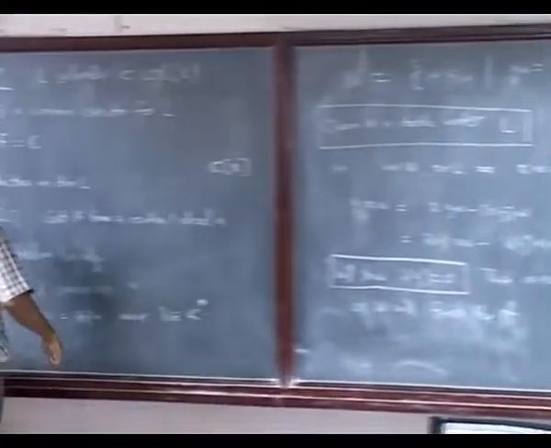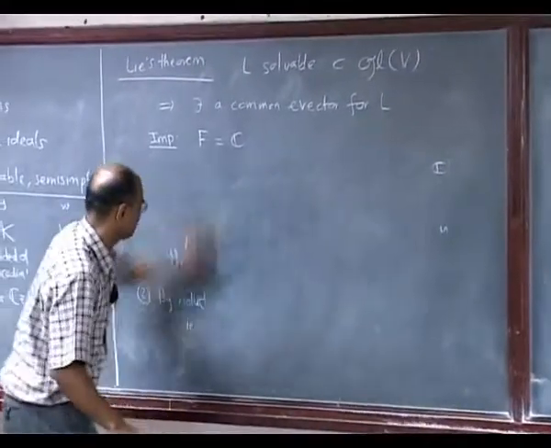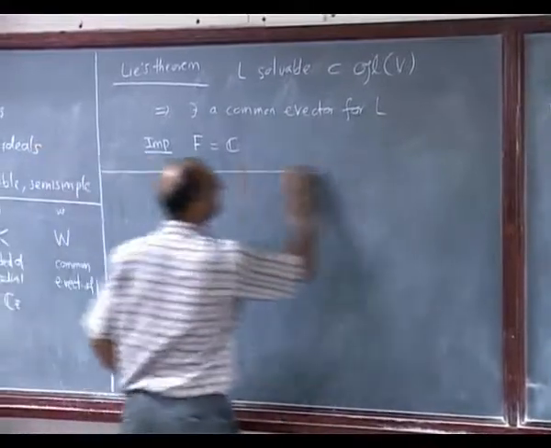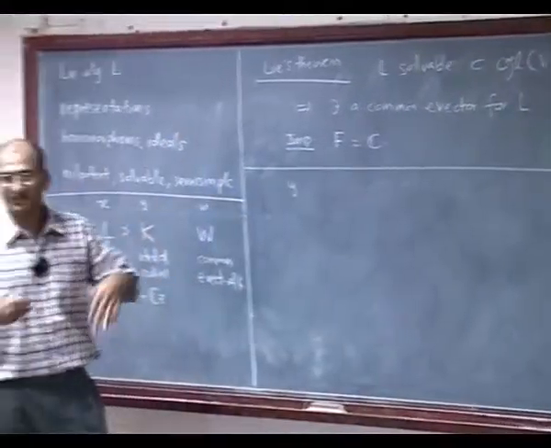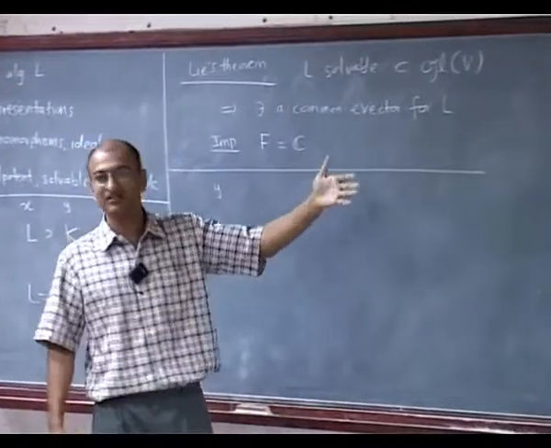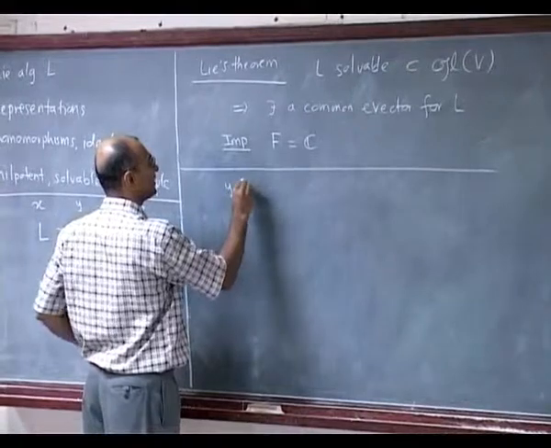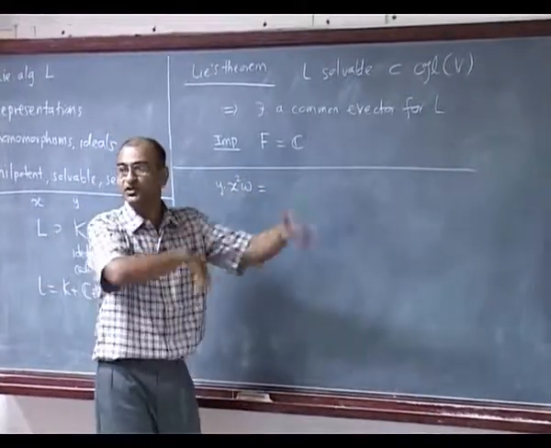This part we don't need anymore. So just try to do this calculation, see what happens. The next one will become a little messy, but then we will extract what it is that we are trying to prove, and that will not be hard. So I have to then check what happens when I apply y to x square w. Okay, so I have to keep pushing it forward, right?